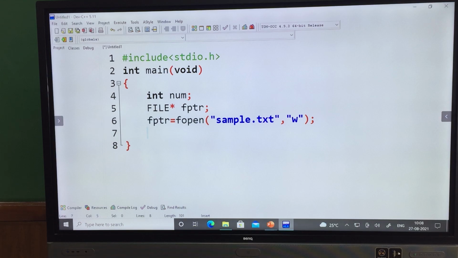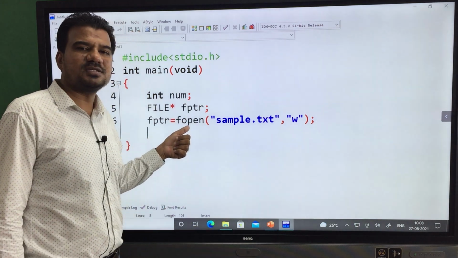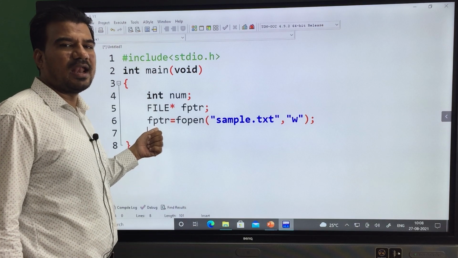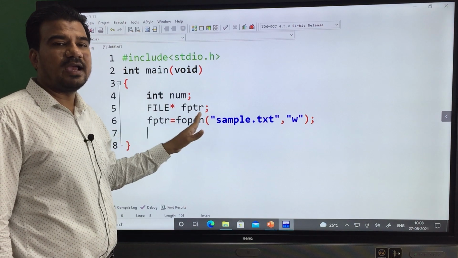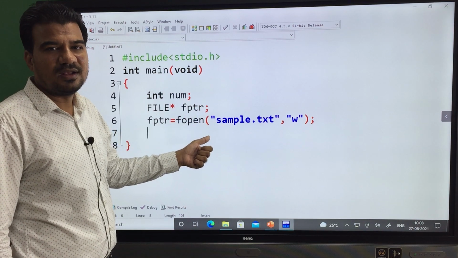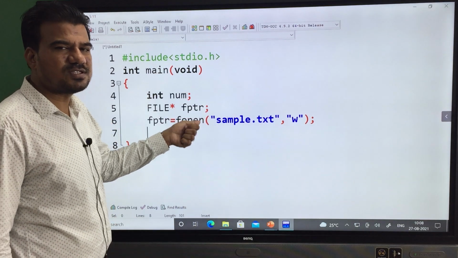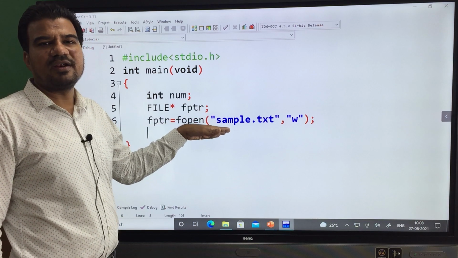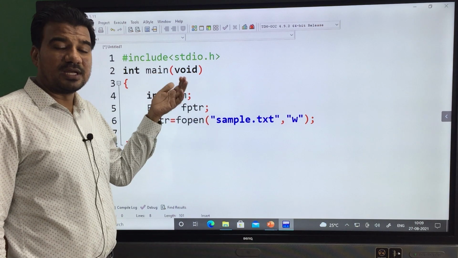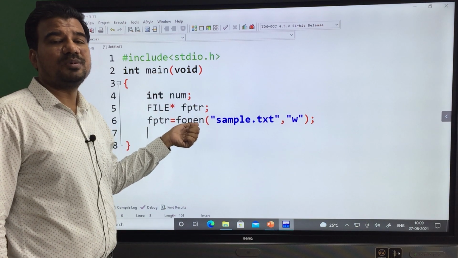Fopen function, we have given two arguments, file name and mode. If the fopen operation is successful, that means the file is opened. But even after performing this fopen, if your FPTR is holding null, that means the file opening or file creation operation is not successful. Because of some memory failure or system failure, that operation got failed. Or we can say you don't have the read and write permissions to your current directory. Maybe that is one reason.